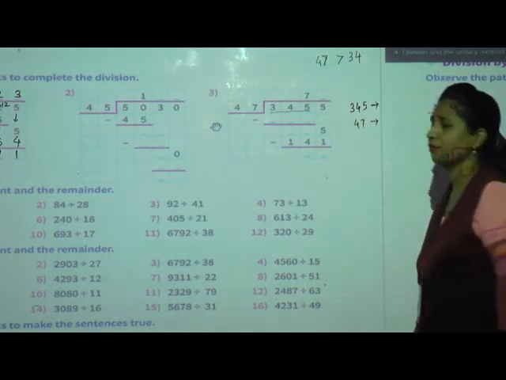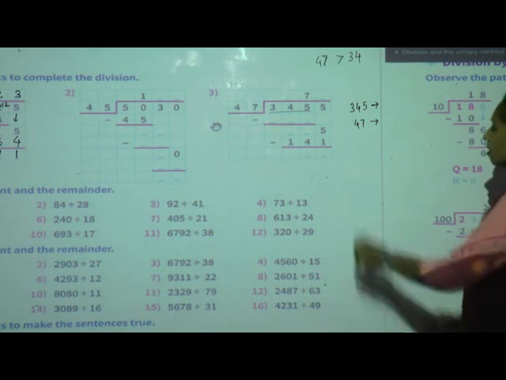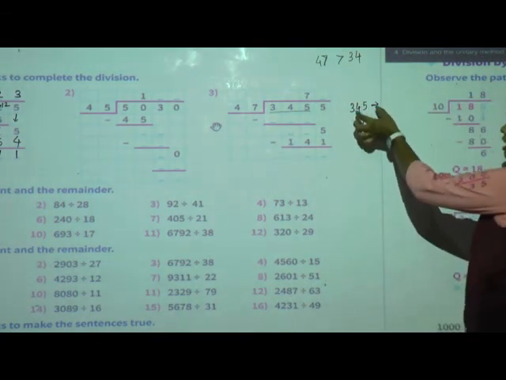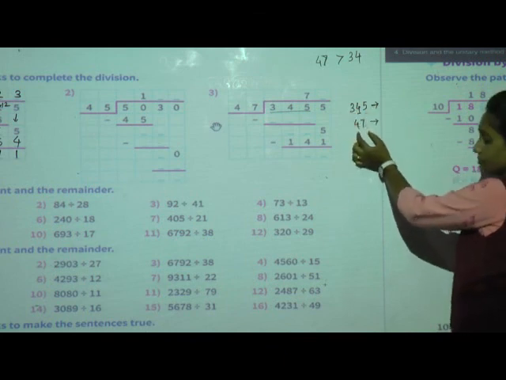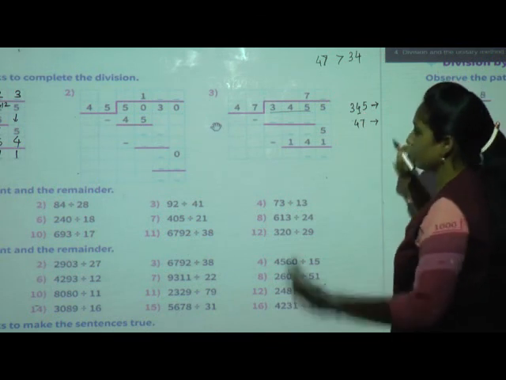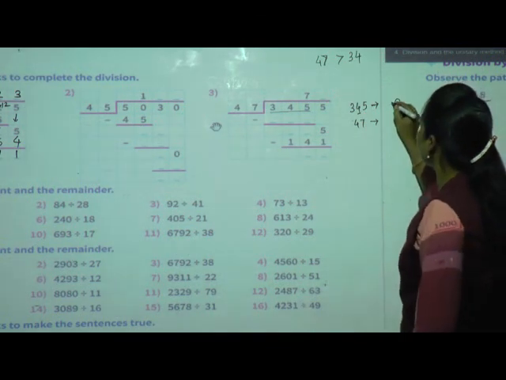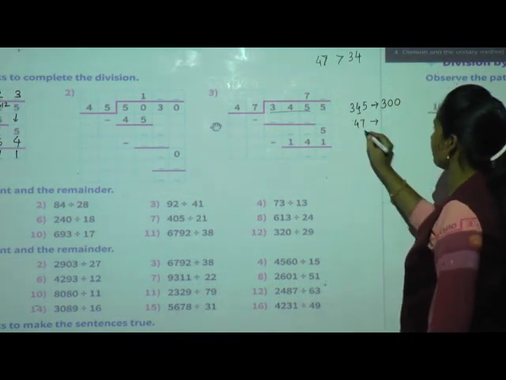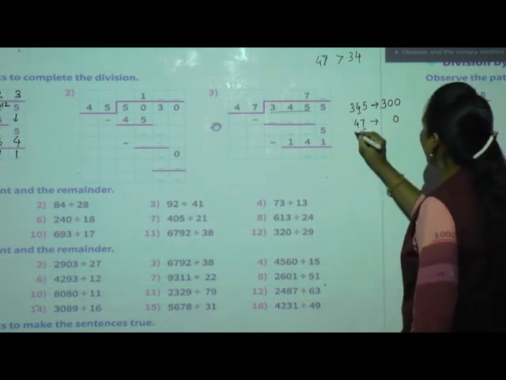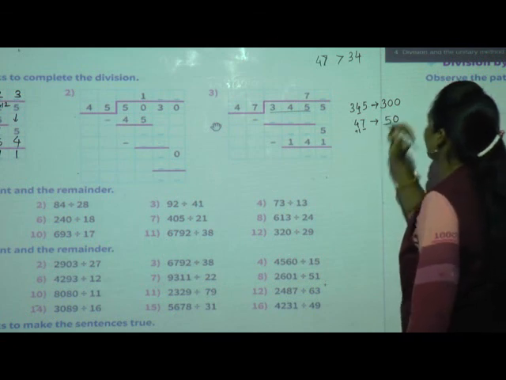What is the estimate number for 345, students? Underline the tens place. A 3-digit number means rounding with 100, and a 2-digit number means rounding with tens. Now, 4 is there. If it is 4 or less than 4, place 0 without changing the hundreds place. If it is 5 or more than 5, place 0 and add 1 to the tens place, so 350.